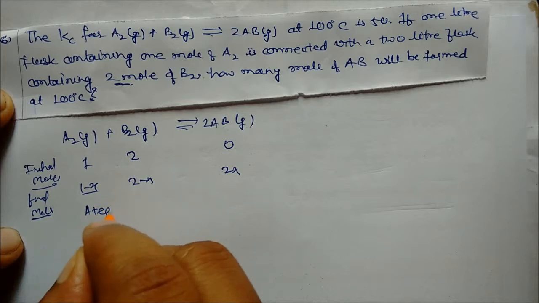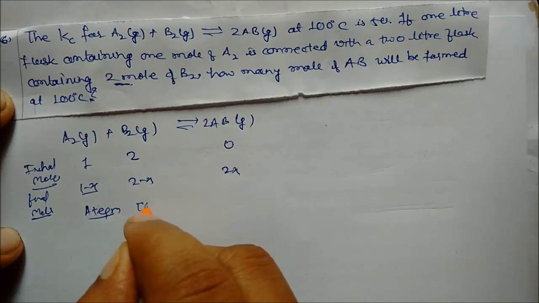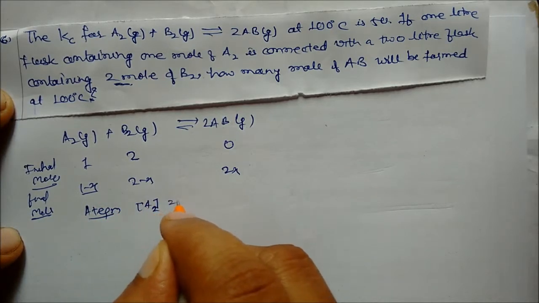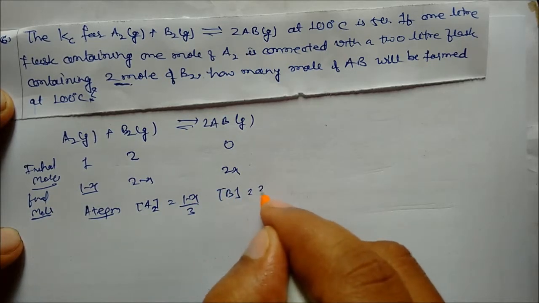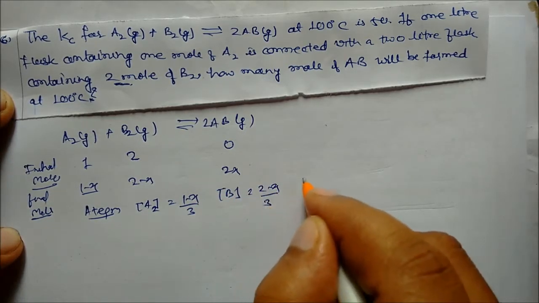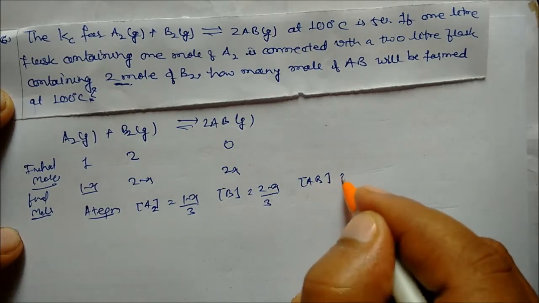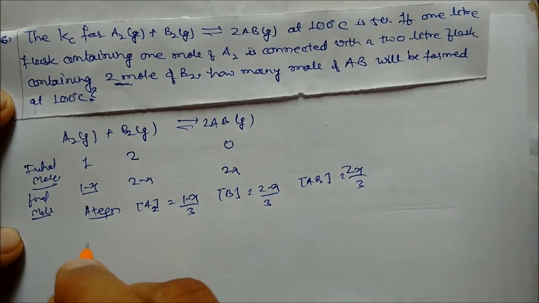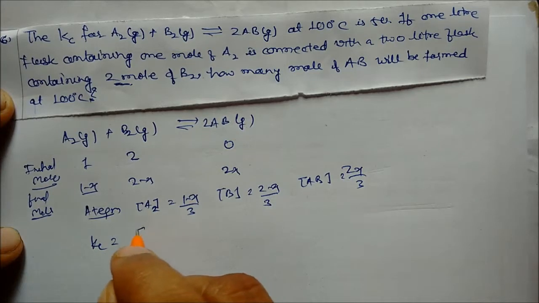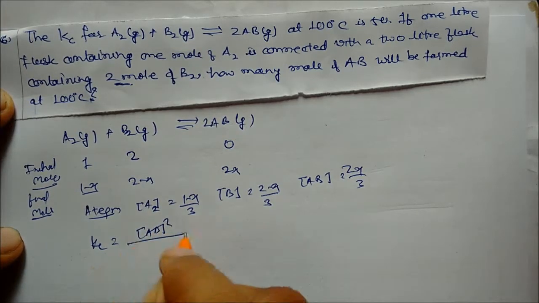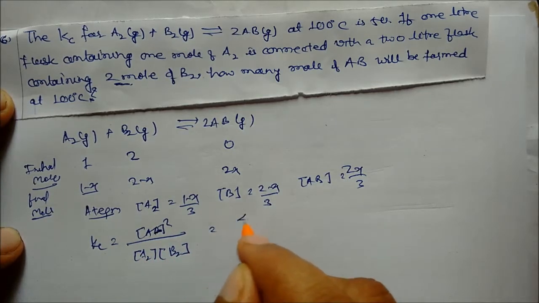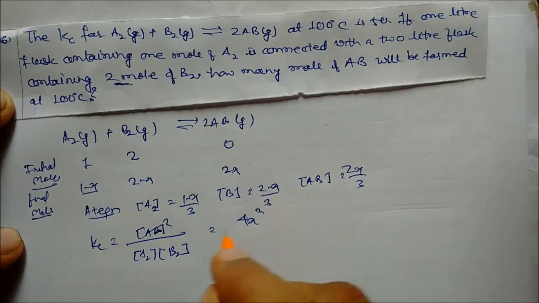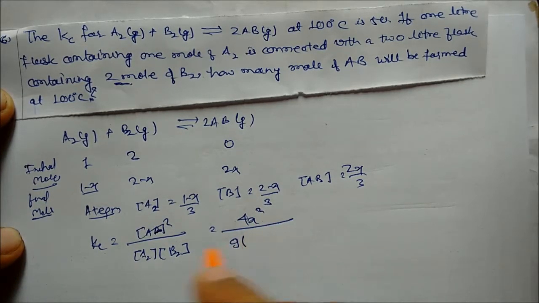So at equilibrium, we will get the concentration of A2 is (1 minus x)/3, the concentration of B2 is (2 minus x)/3, and the concentration of AB is 2x/3. So Kc we can solve. Kc is the concentration of AB whole square divided by the concentration of A2 and the concentration of B2. So we can write 4x whole square divided by 9 into,